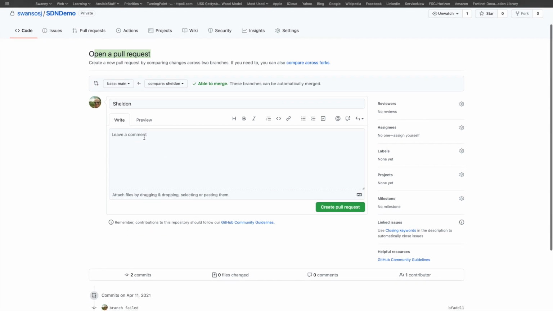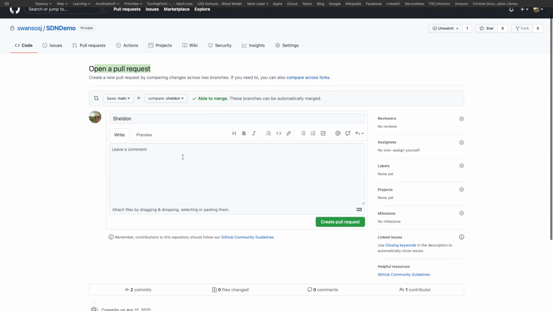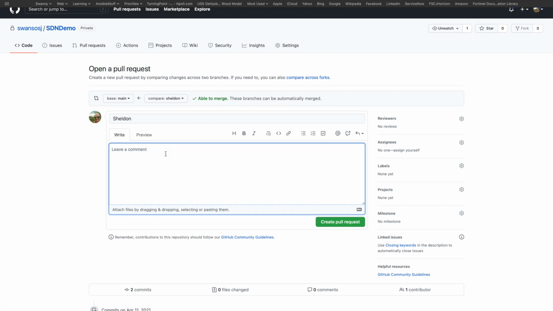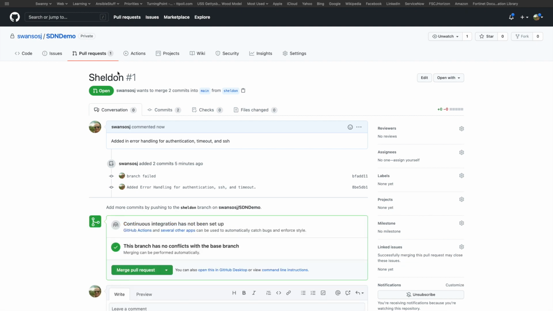So what I'm going to do here, see, it looks like I had some failed branches. That's what I was having problems with. So I will write: added in error handling for authentication, timeout, and SSH. And now I will create my pull request. Alright, so now I have a pull request open with myself